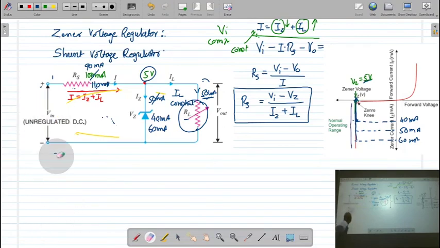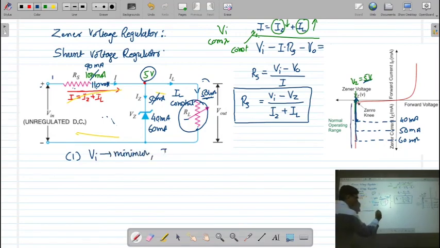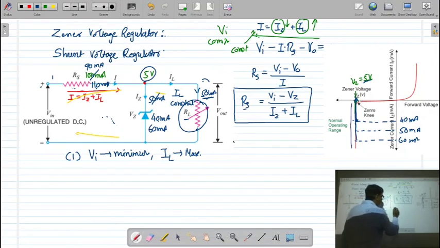Remember, one of the worst conditions, you can say, is that the input is minimum and at that time I want a load current maximum. Correct? So in that case, what should be the value of Rs? Here we can modify this formula as Rs is equal to Vi minimum